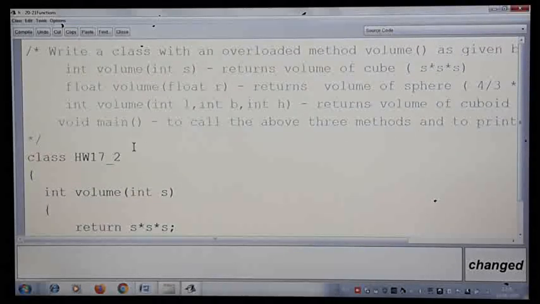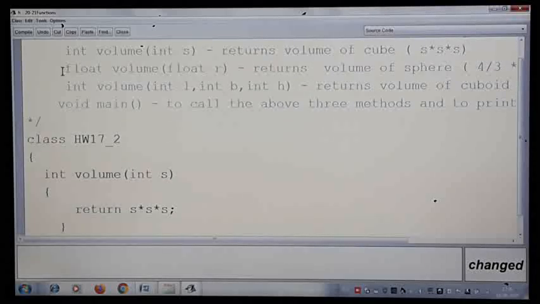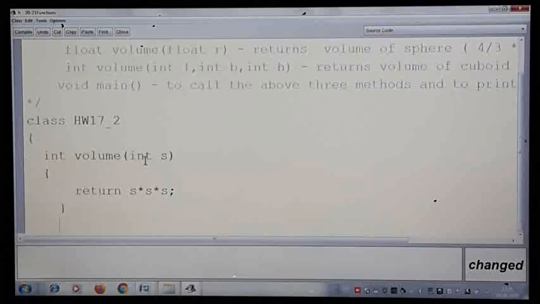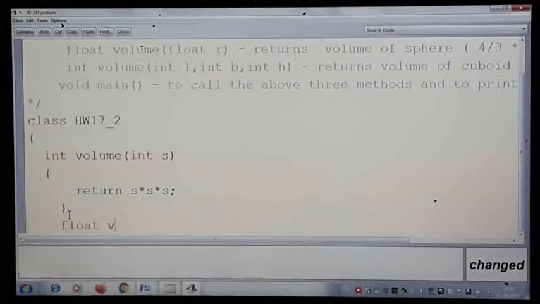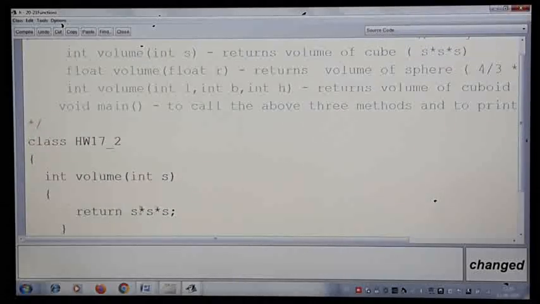Very easy to write. Second one, return type is float and it is taking a float argument. So let me write that now. Float volume, float r. Here we are returning the volume of a sphere.